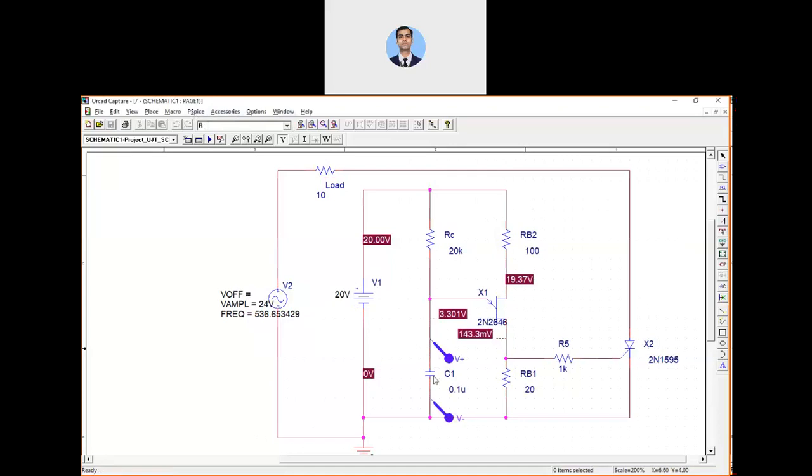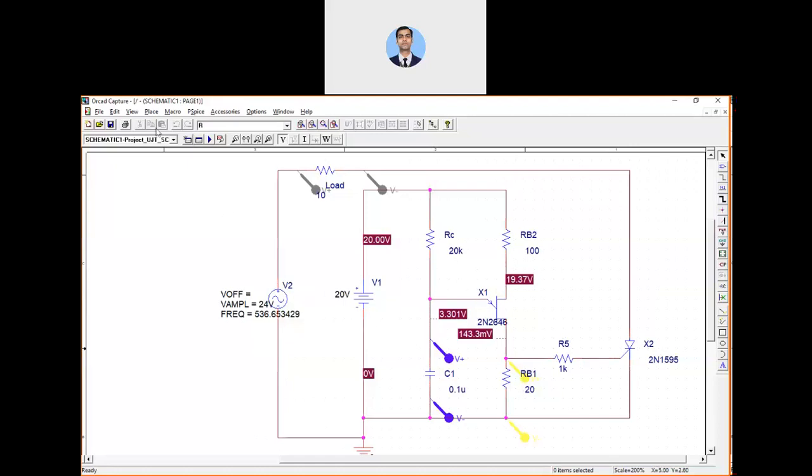We also have to observe the voltage across this load, so that we can understand what my triggering is and what my SCR output is. And here we also place a voltage marker, so that we can see the waveforms of the firing pulses across the SCR. So this is the way we can do it.